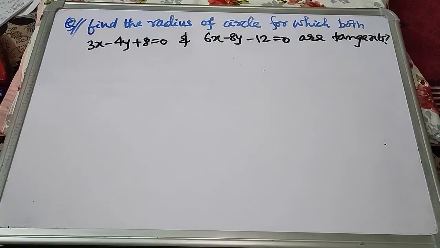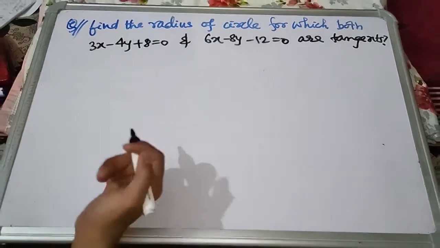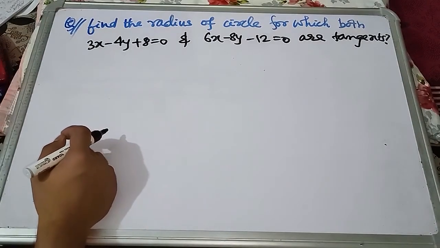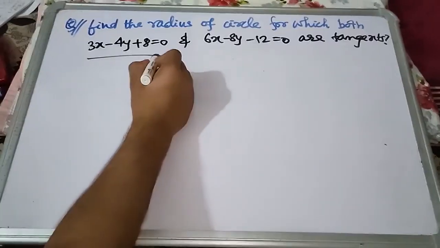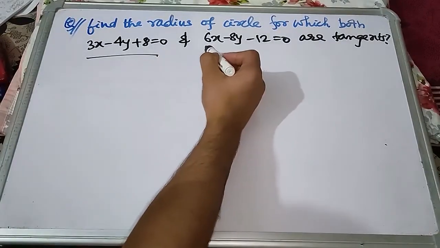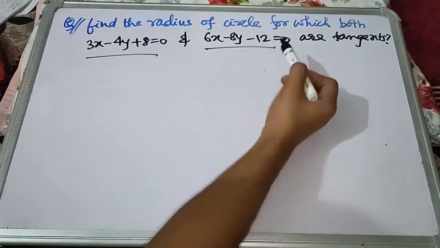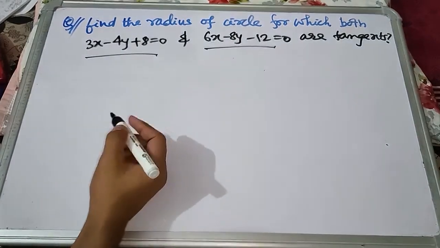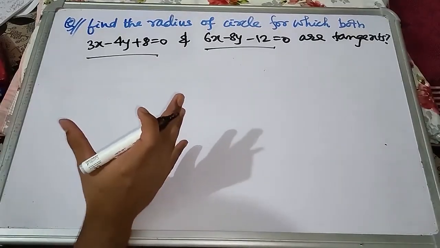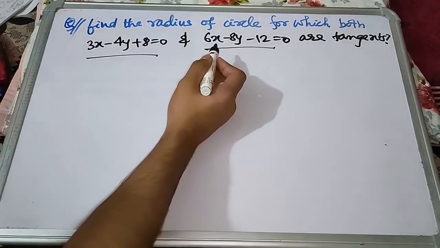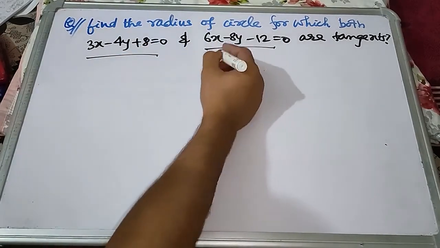Now let us take one interesting question regarding tangents, interesting as well as simple. Find the radius of the circle for which 3x minus 4y plus 8 equals 0 and 6x minus 8y minus 12 equals 0 are tangents. If you notice carefully, these are actually parallel lines, right? Because this line